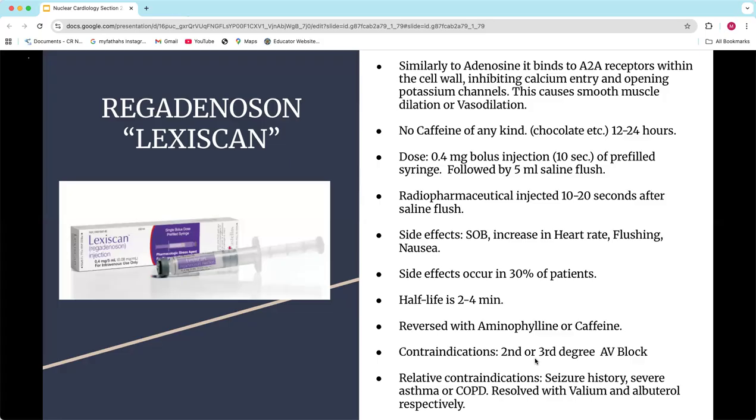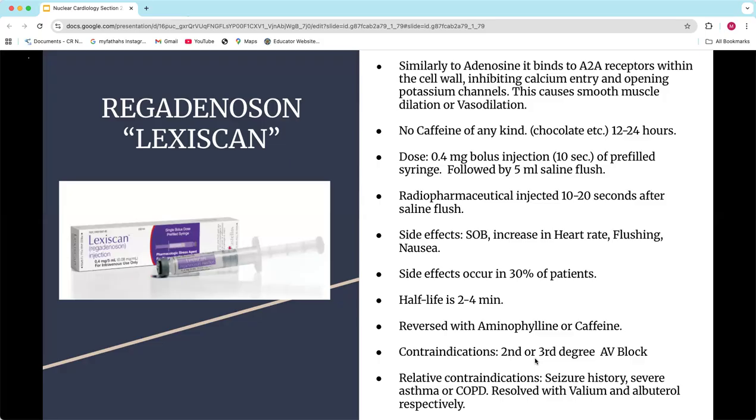We have had a couple of occasions where our patients have been given Lexiscan because somebody missed the block. Luckily, and I cross my fingers, the two of them that I can think of, the patient did okay and it didn't cause a problem. But you just don't want to be in that kind of scenario. So be aware of anything besides a first degree AV block as a problem.